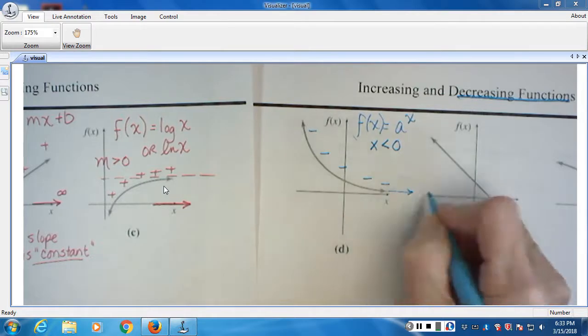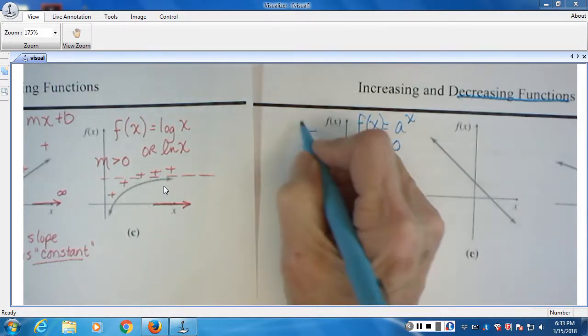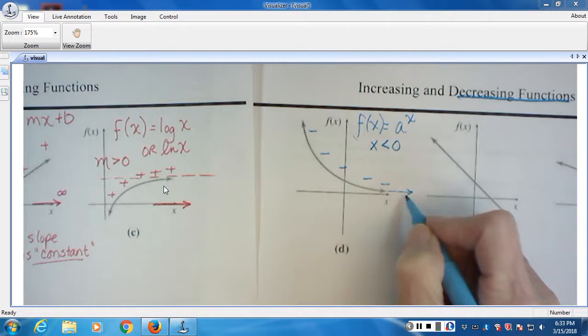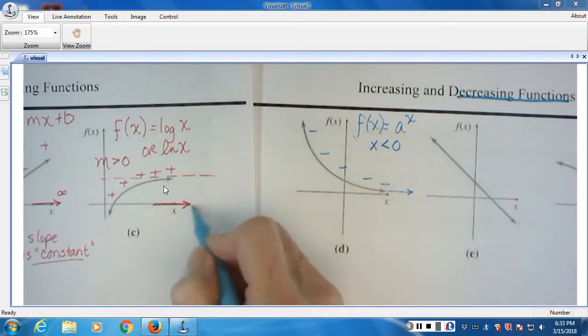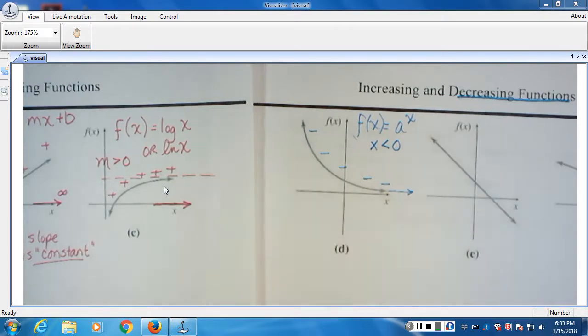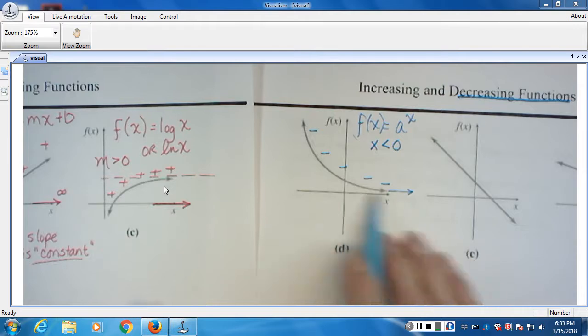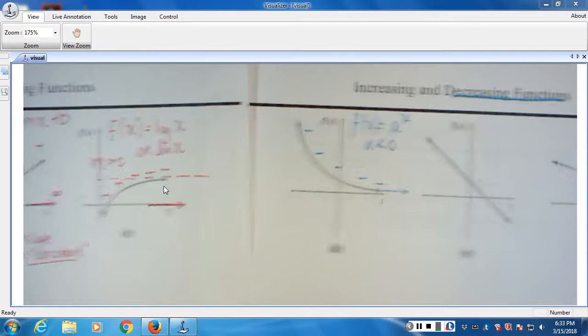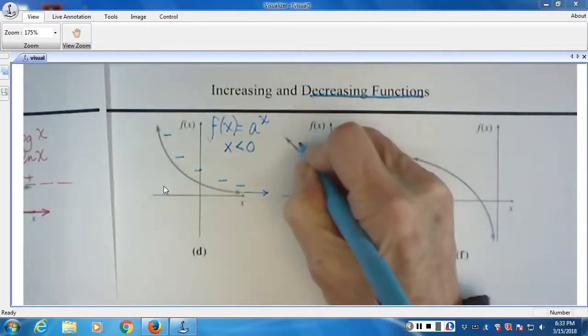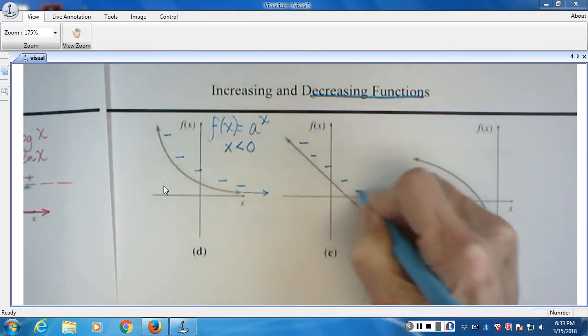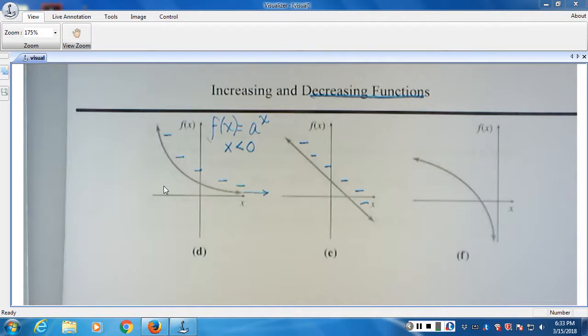So as x increases, this function always goes downhill. And eventually here it flattens out. Just like here, this one flattened out, but it didn't flatten out against the x-axis. Okay? So the slope eventually gets less and less steep, but it still is a negative slope. This is also still a negative slope, but just like the line on the other page that had the positive slope and went uphill, this line is going downhill, but its rate of change